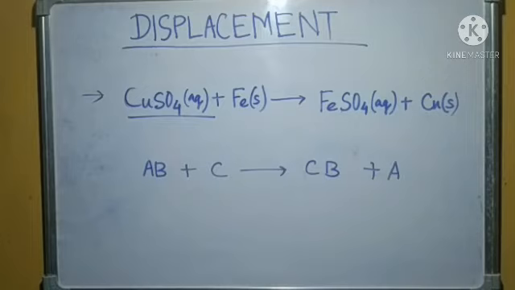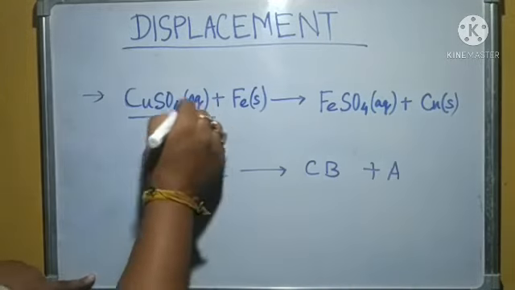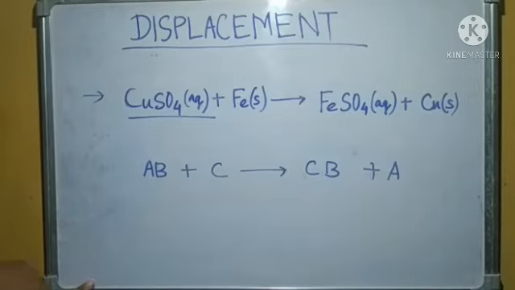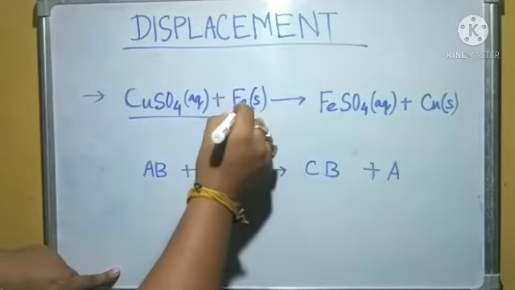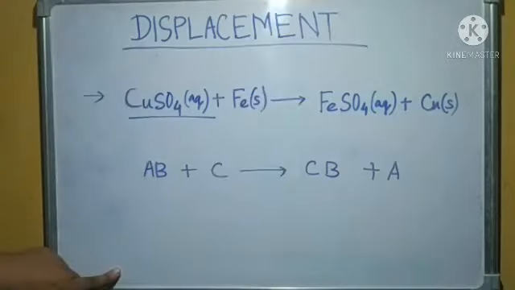Okay, because a solution is made of that compound in water. So we are writing aq, that represents the aqueous state. Here this is Fe in solid state, that is iron, and in its solid state, because the iron that we have taken in the reaction was in the form of a nail. Okay, and a nail is solid, we know.